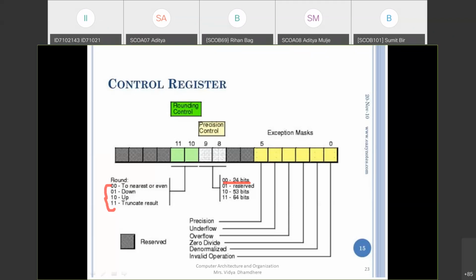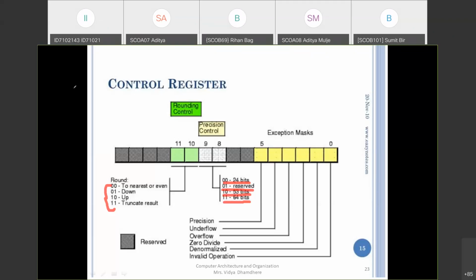If 01, it is reserved for future purposes. If 10, it is used for the 53 bit representation. And if 11, it is used for the 64 bit representation.